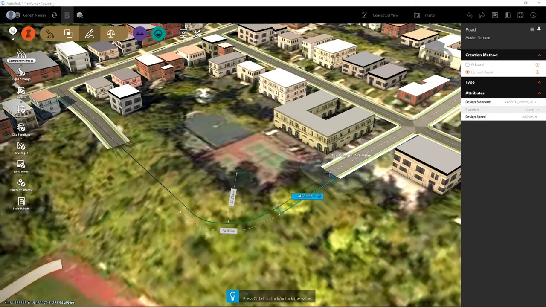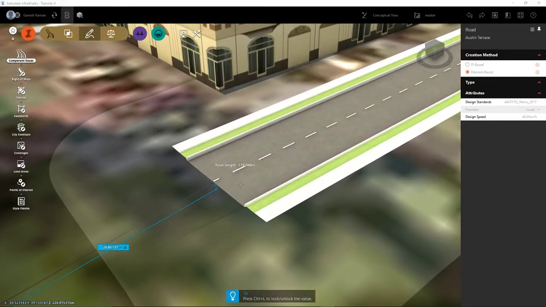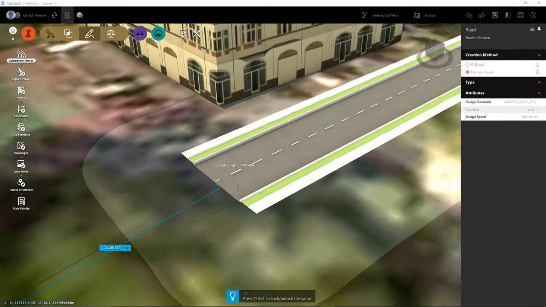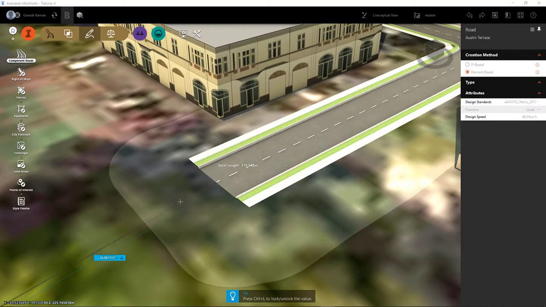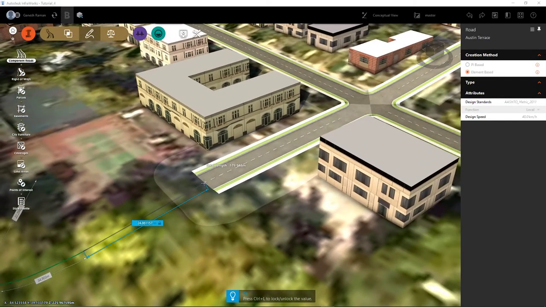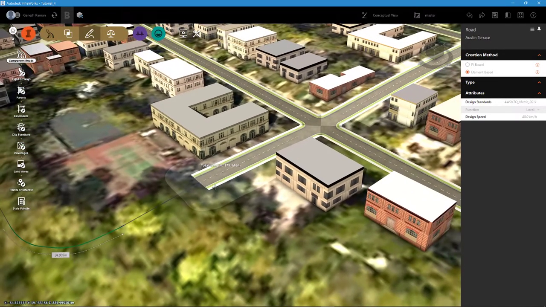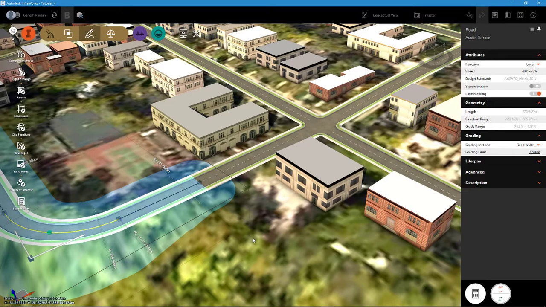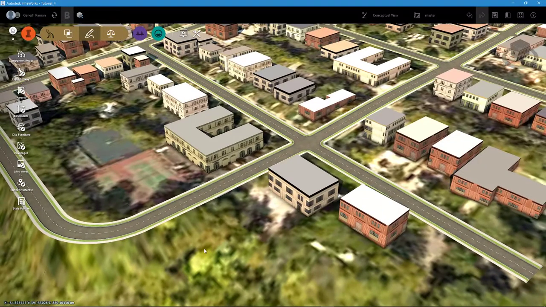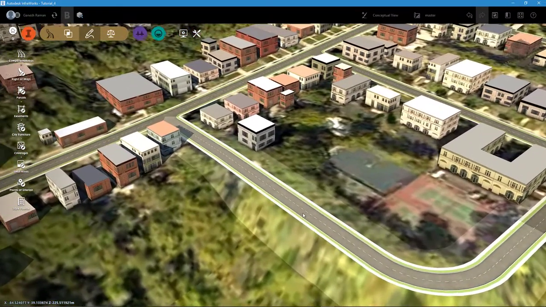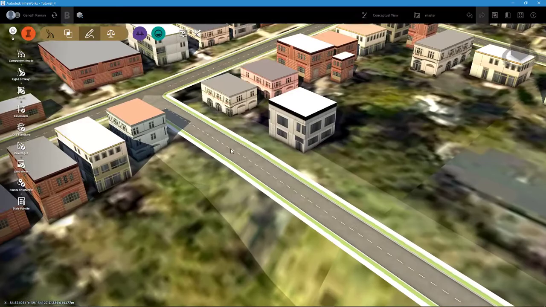I'm going to bring the line to the existing road at Jocelyn. I'm going to come close to the center line. You can see that it is trying to attach itself to the center line when I come close to it. I'm going to select that. Now I'm going to right click again and say end draw. There, boom. So now you have a clean road that connects Austin